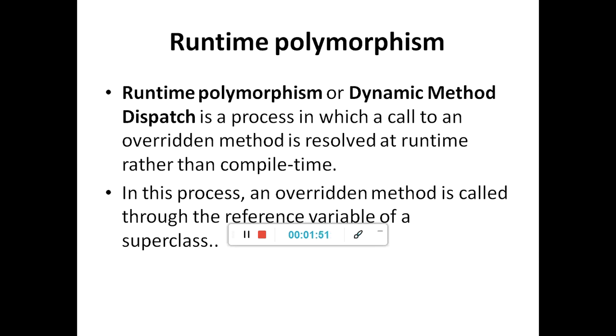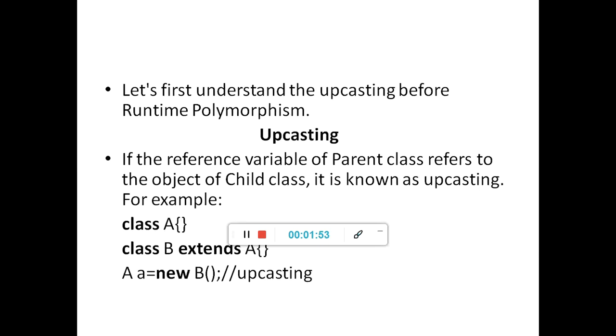So, the reference variable of the superclass. First, let me tell you what you mean by superclass and extended class. You can see this class A, we generally term it as superclass. Then this class B we generally term it as child class. This is extending the characteristics of the superclass. For example, class A is there and class B is there. This is just a mere example. Here class B is extending the characteristics of class A. So that's the superclass and child class definition.